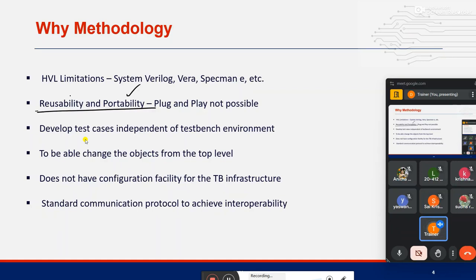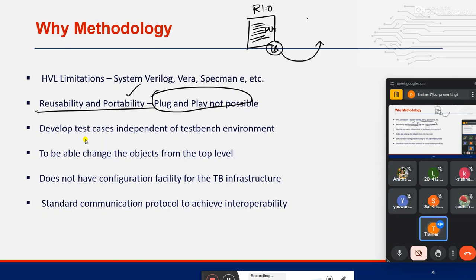We should not tell that SystemVerilog is completely waste, or that we compulsorily need UVM. No, it is not like that. When you utilize UVM, what happens is you can use SystemVerilog in a more efficient and effective way. That reusability is called plug and play, which means what? Same example as I told: Router 1.0. You are doing a Router 1.0 project, DUT is written, testbench is written. Same testbench, if you want to use for Router 2.0, you can still use. That is only called plug and play. So some random test case or some particular random testbench you can plug in and operate it. Same SystemVerilog example only I'm explaining here.